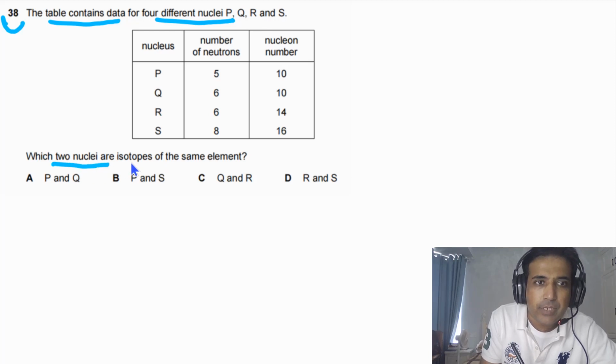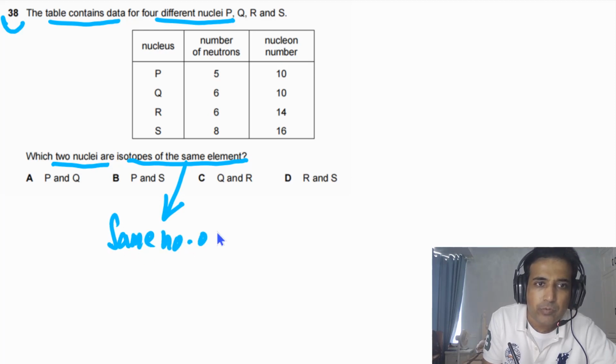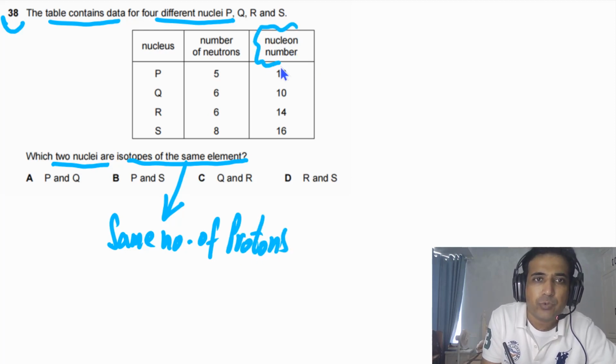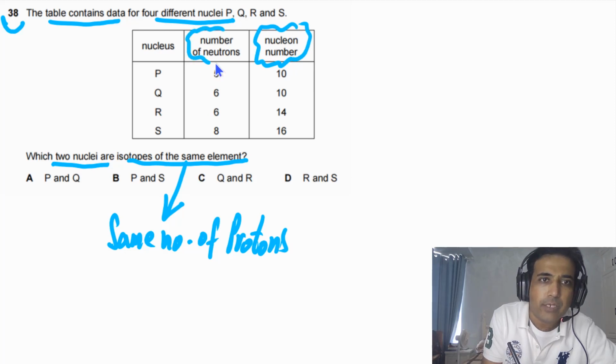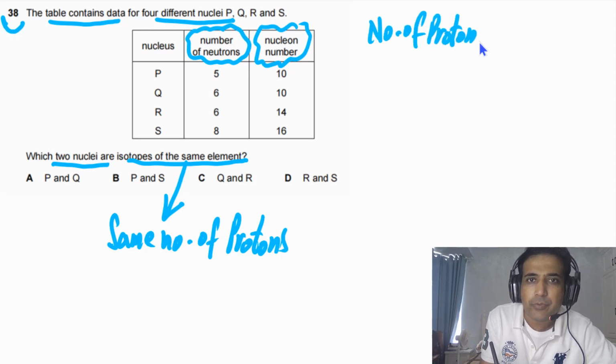Which 2 nuclei are isotopes of the same element? Isotopes of the same element must have the same number of protons. So here we have the nucleon number and here we have the number of neutrons. The proton number, or simply the number of protons, will be equal to the nucleon number